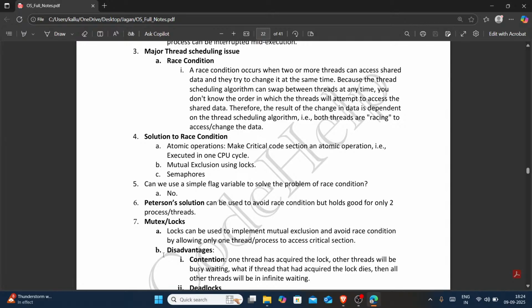We make sure that the thread is executed in one CPU cycle. That's one thing. This can be done using mutual exclusion, using locks,